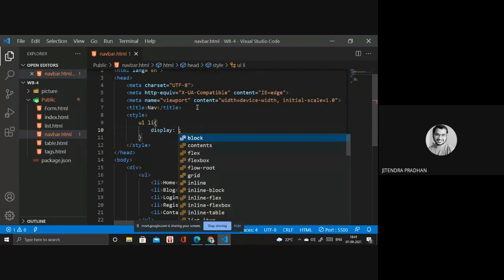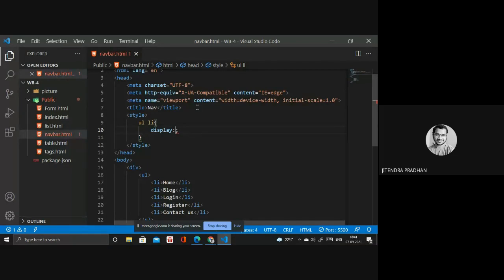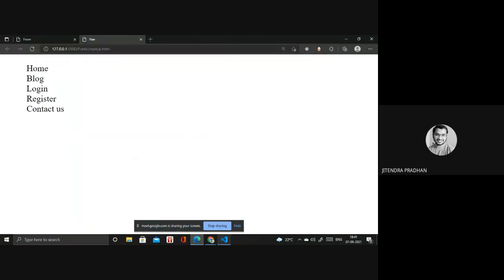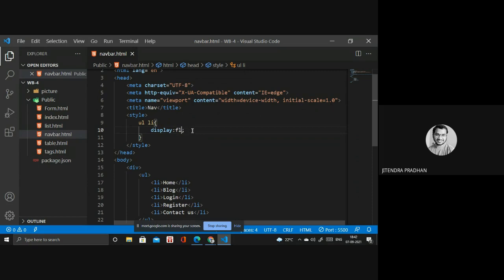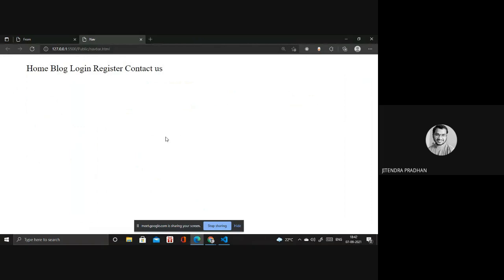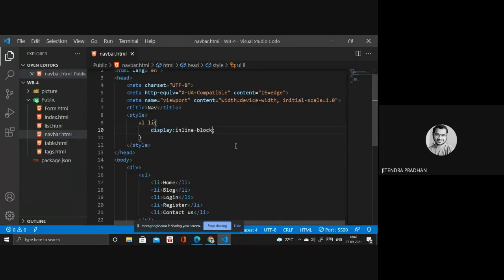So in that CSS we have the display property. This is a property, and this is a data we call it. For display we have flex. What is flex, what is block, inline block, we are discussing later, don't worry. Right now I'm only focusing on how we design and how we can do that. Later we have to discuss what is flexbox and what is inline, all these things. Okay, so we're done in one line.